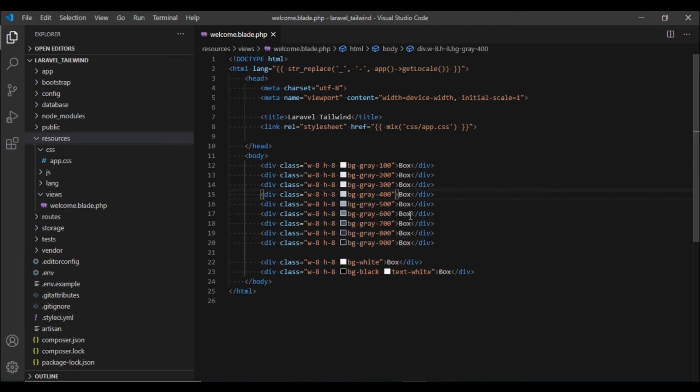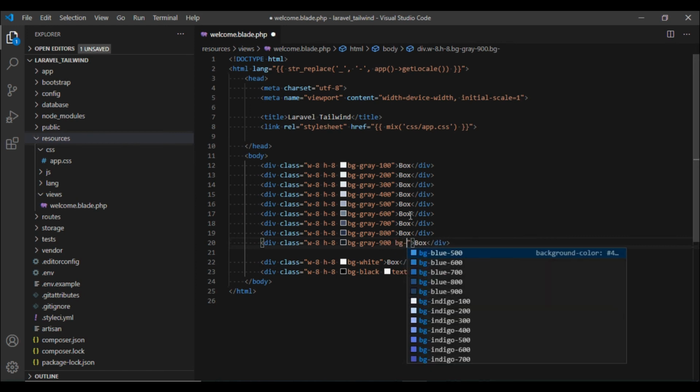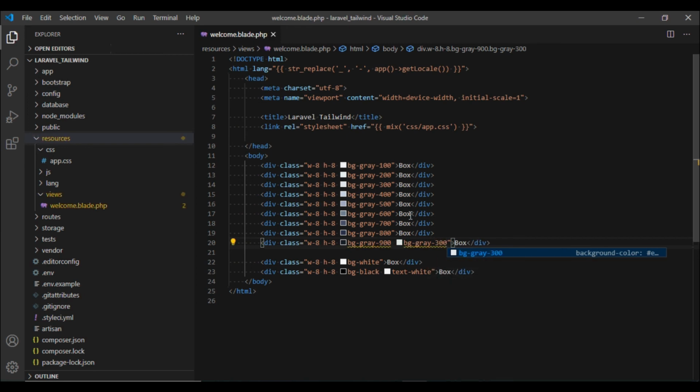For this background color of 900, I can specify bg gray 300. In fact, it should be text gray 300. And now if I reload it, it gives me a nice combination.